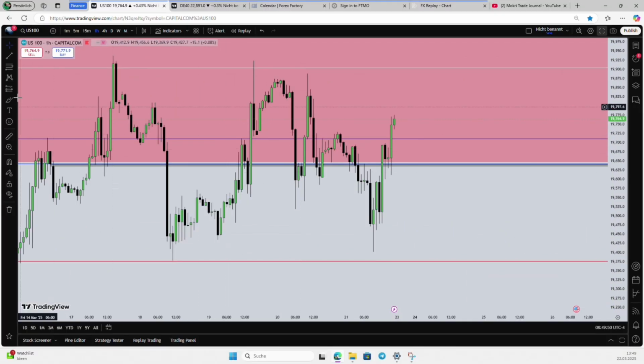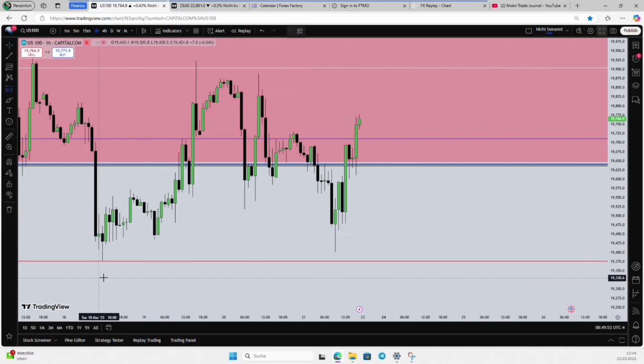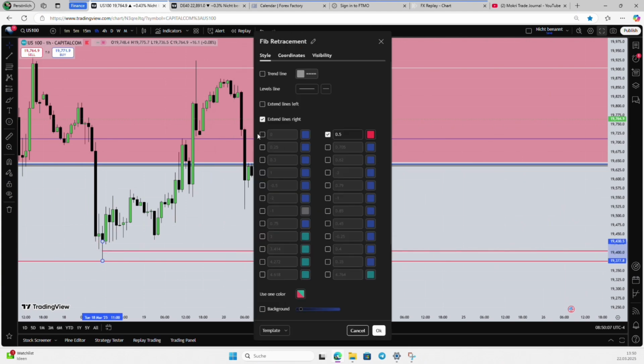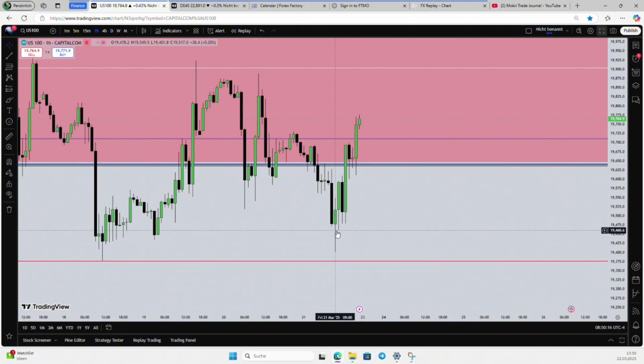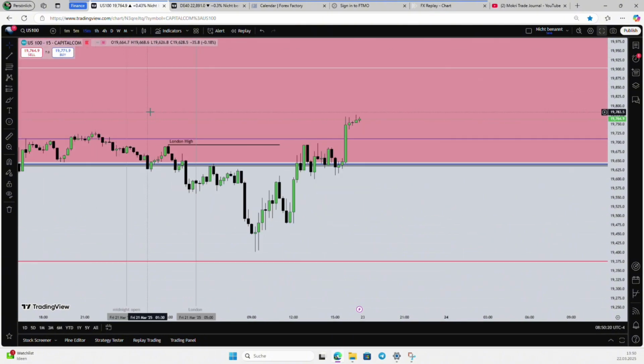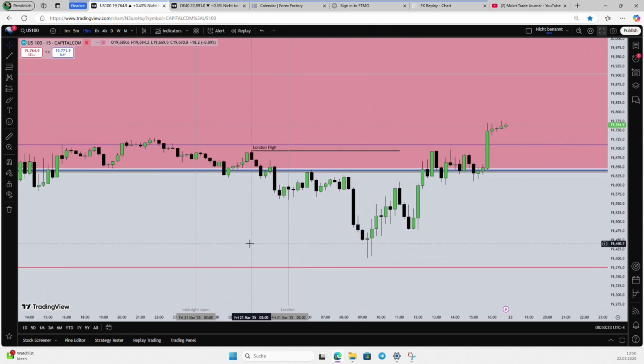So here is another important factor. In the previous lecture, Lecture 1, I wanted to talk about rejection blocks, but I couldn't because the time was not enough. So here we have a perfect example of it. You can see that last down close candle, the swing low. It has a big wick, so we mark this out. We can see the consequent encroachment right here. Price traded to it perfectly, even by a tick, and started to trade higher. So this is a perfect example of a rejection block.